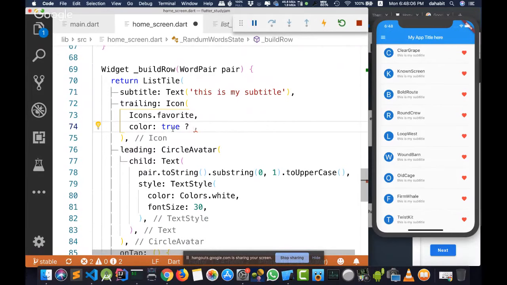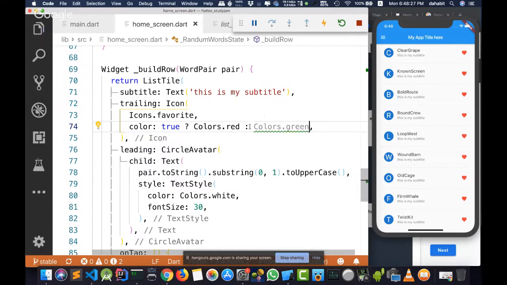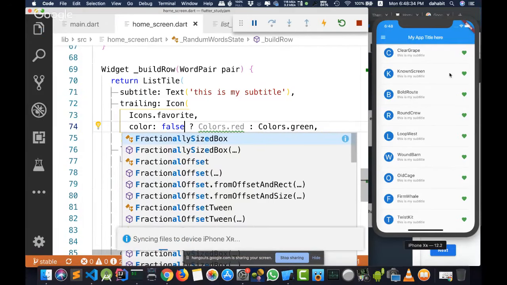But here you can write any internal method, and inside this method you are doing some logic, bringing some data from the database, and returning some value, true or false. I'm saying that the color, if it's true, please make it red, but if it's false, please make it green, for example. And as you can see here, it's still displaying red because I'm using true. But if I change it to false, as you can see here, the icon will change to green.